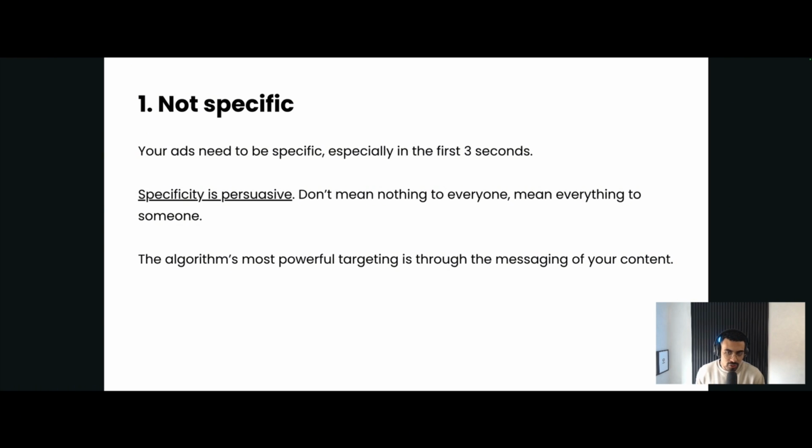And so through that messaging and through that being very specific, it will start to match up these types of people with the ad. If they're showing a certain behavior pattern on Facebook that suggests they are this type of brand or that type of person in the eyes of your customer and your brand, then it's going to try and match that up, because the platform wants you to be successful. Okay, as much as that doesn't always seem to be the case.